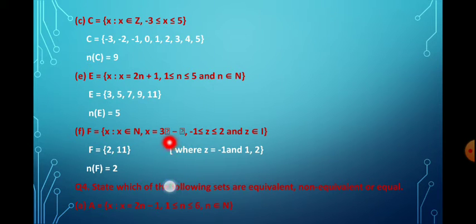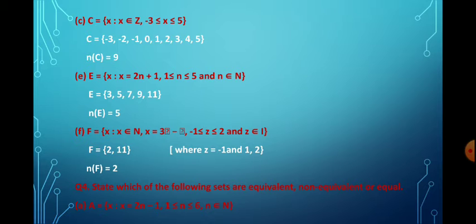Okay, again putting plus 1 in the place of z square, so 1 square is 1, so 3 ones are 3, minus 1 is 2. So already we have written 2, so we are not going to repeat any elements. And last we have 2, so 2 square is 4, 4 3s are 12, minus 1 is 11. So there are two elements we are getting over here, one is 2 and one is 11, and n(F) is equal to 2. So there are only two. Cardinal number for the set F is 2.